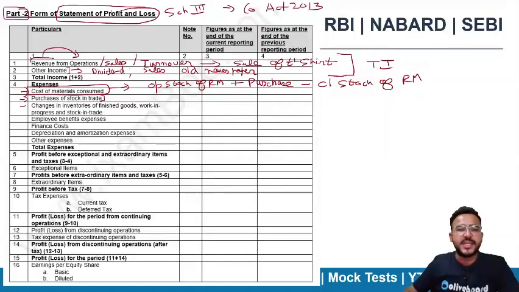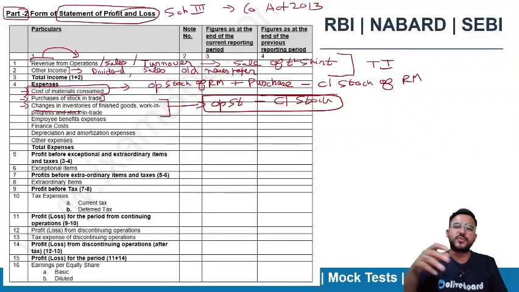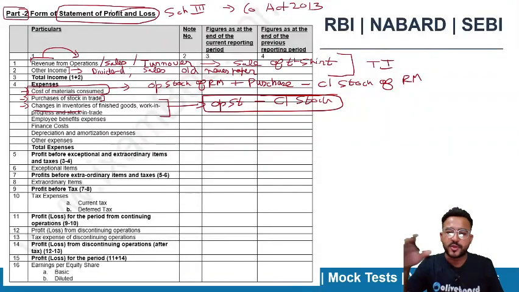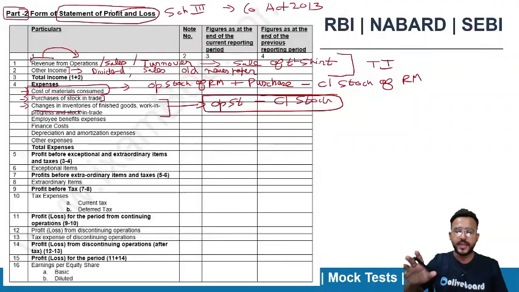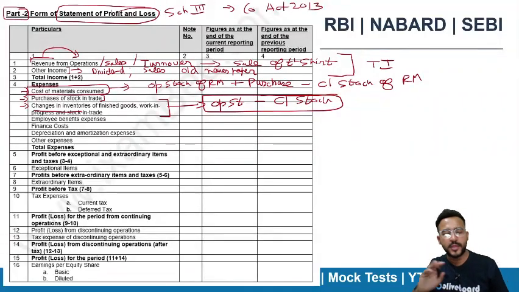Next is changes in inventories of finished goods, WIP. The formula to calculate changes in inventories, you need to memorize this thing: opening stock minus closing stock. This is the formula to calculate changes in inventory. Now क्या होता है ना, स्टूडेंट्स लास्ट में कंफ्यूज हो जाते हैं, वो क्लोजिंग स्टॉक माइनस ओपनिंग स्टॉक कर देते हैं. No, it is opening stock minus closing stock. Don't get confused. Okay,